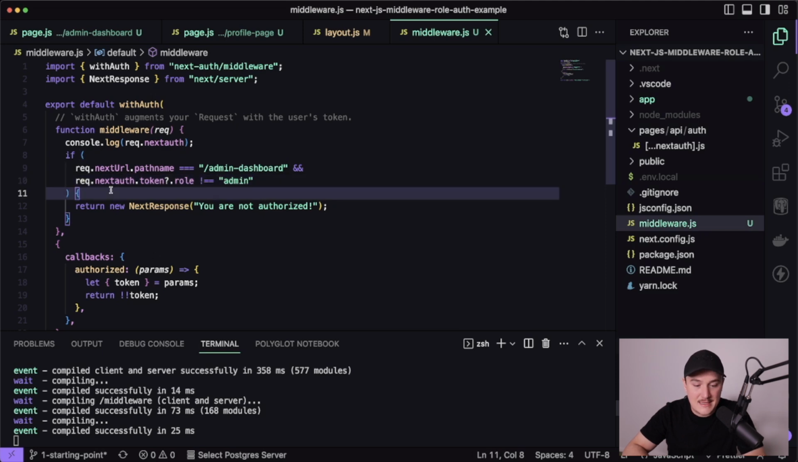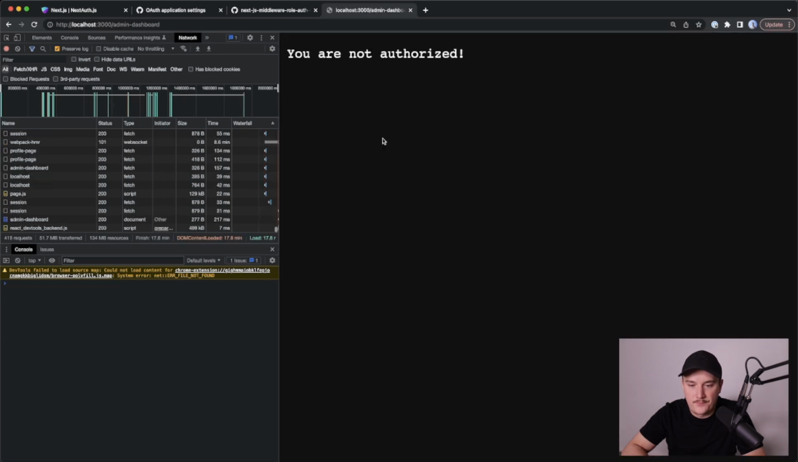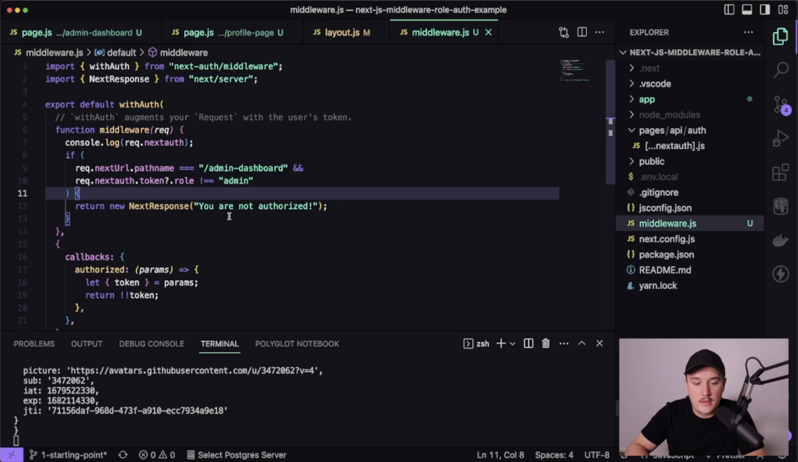So let's test it out. If I save this and switch to the browser and try to access the admin dashboard, let me refresh the page. We are getting the "you are not authorized" message. And that's just because GitHub doesn't return a role parameter. So if we want to